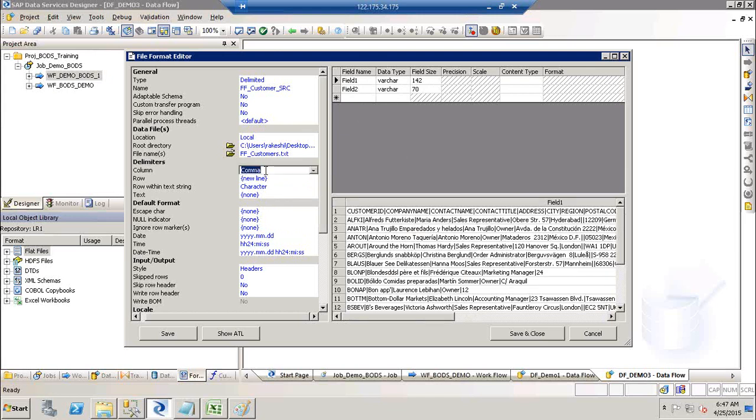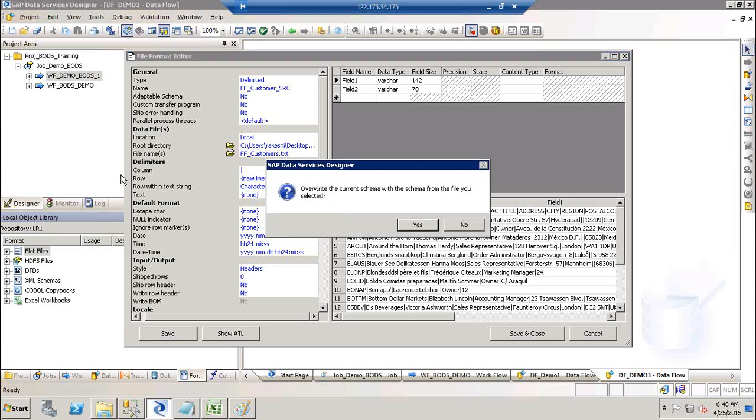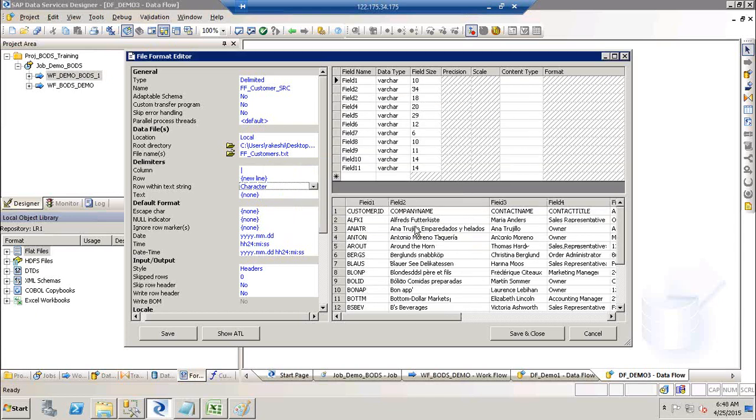So now let us go to the delimiters and give the pipeline delimiter here. You just need to select that, and type it on the desktop. So you have the pipe symbol on the backslash, or if it is tab delimited, semicolon, comma, space, you can go with them. So it's a pipeline delimited file. You can see the data here. So I select the pipeline here and just click anywhere in this window. It will ask you again to override the schema. Click on yes, and now you see it in a proper structure, but you also see the headers along with